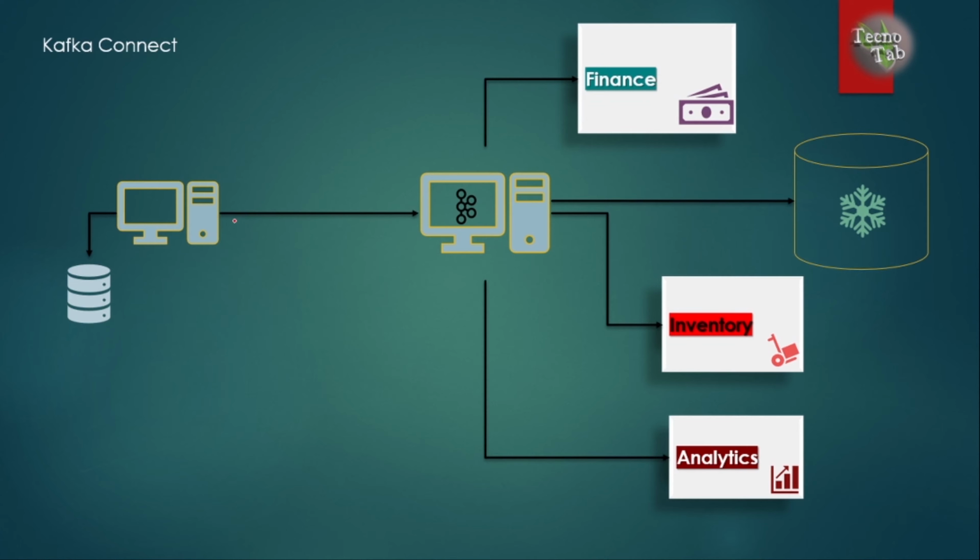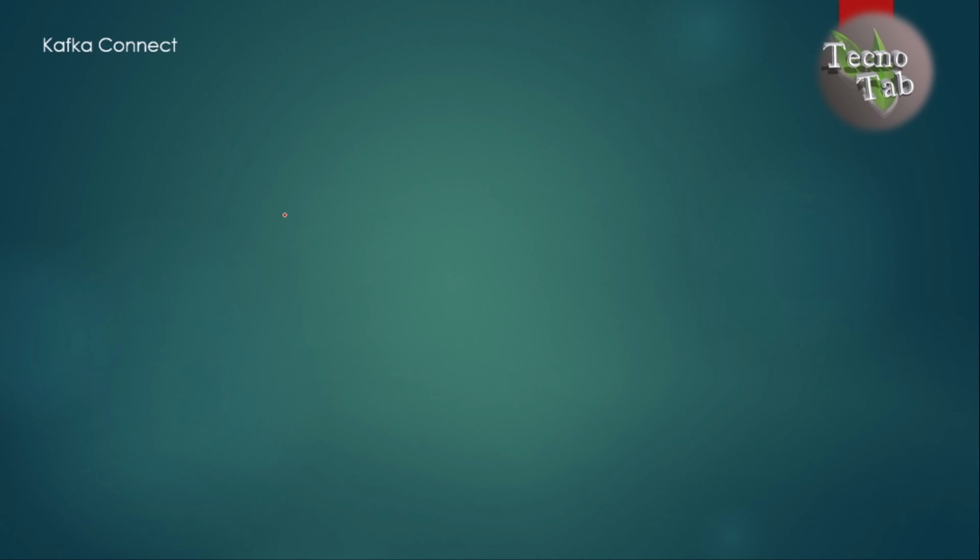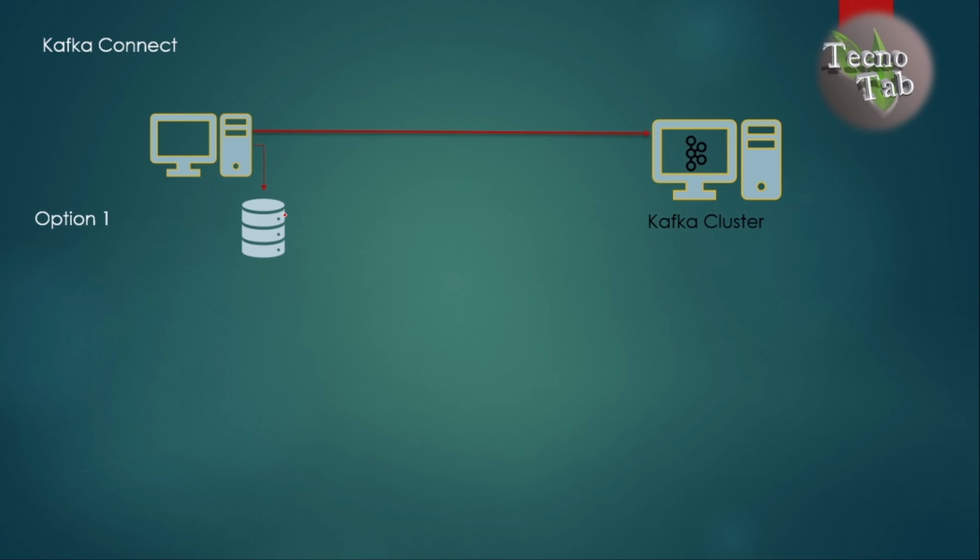But how do you bring the data from this invoicing system to the Kafka cluster? Do you want to create a producer? Let's try and evaluate that option. There are two ways in which you can create a producer depending on the source code availability of the source system. If you own and have the source code of your invoicing system, you can directly write a producer code in the invoicing system and send the data directly to a Kafka cluster. It is practically possible and very straightforward, right?